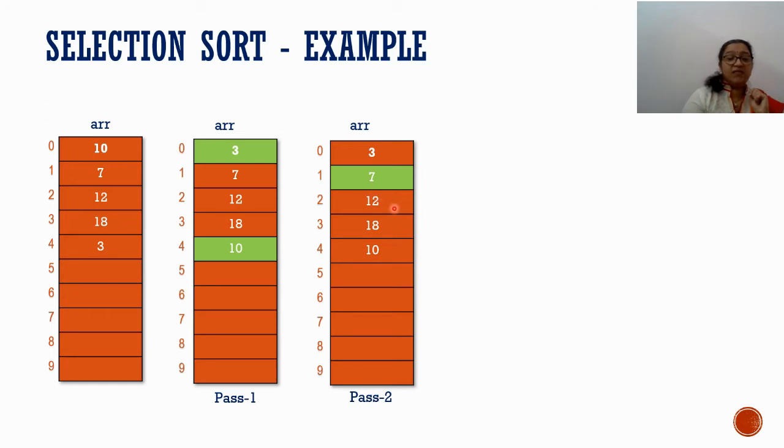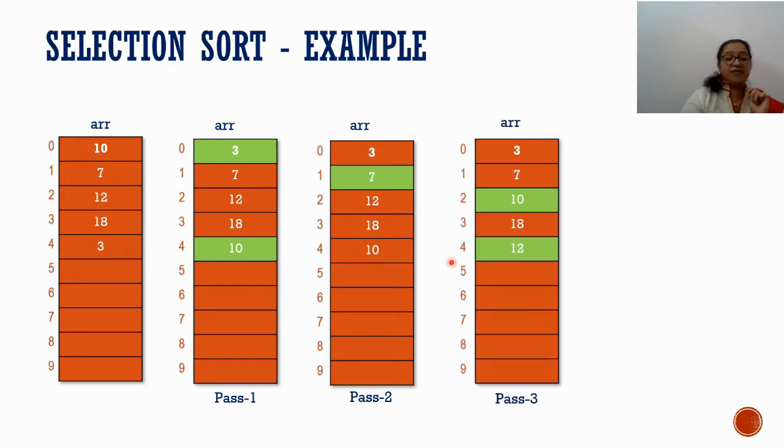So here 12, 18 and 10. These are the numbers now. The smallest element is 10. So 10 we want to pass to the second index number, and this 12 we want to pass to the fourth index number, that is pass 3. So after pass 3, the array will be like this: 3, 7 and 10. So 10 and 12 we swap. So now 3, 7 and 10 are in sorted order, but 18 and 12 is in